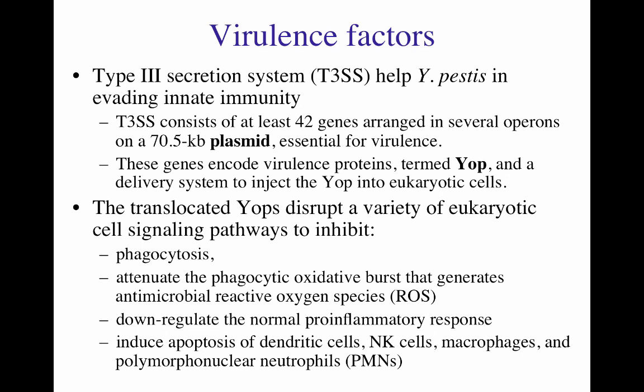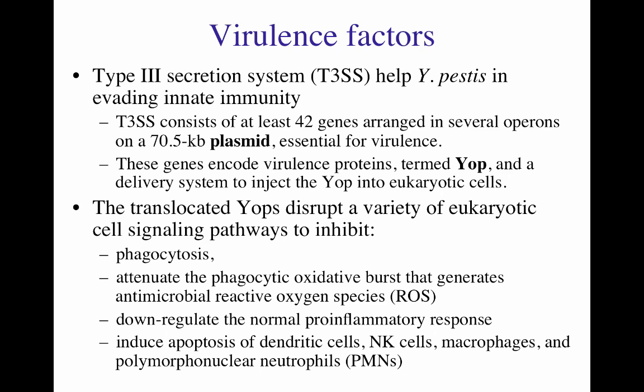Now, as I mentioned, this is encoded on a plasmid, and the plasmid also encodes the YOP proteins. The YOP proteins can help prevent phagocytosis. They are able to attenuate the phagocytic oxidative bursts that generate the antimicrobial reactive oxygen species. They're able to downplay the inflammatory response caused by the macrophages, and they're able to kill natural killer cells, dendritic